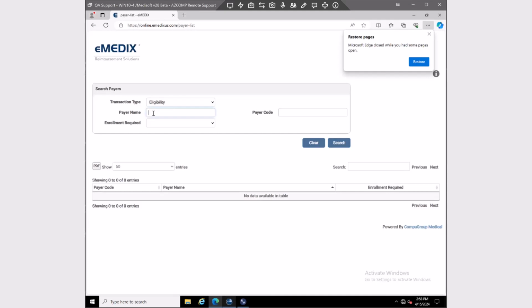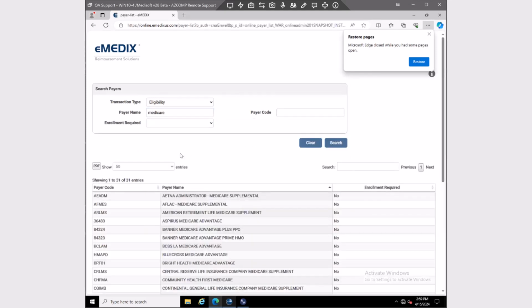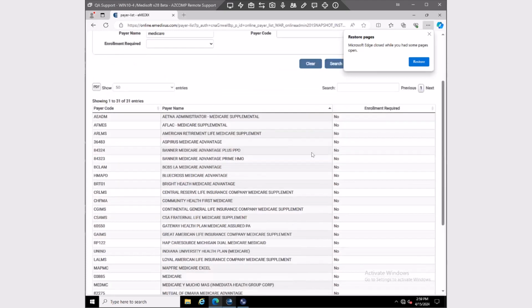Once you have eligibility pulled up, you're just going to type in the name of that payer that you're looking for. So the example I was looking for earlier was Medicare. So you just type in the insurance name Medicare and then click search. Now you'll notice Medicare lists a lot of different names on there, and that's just because the word Medicare